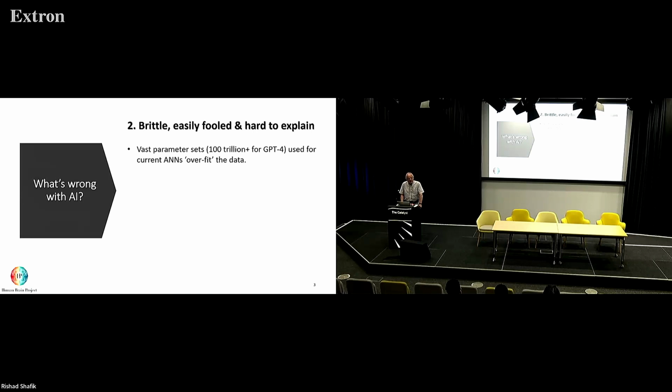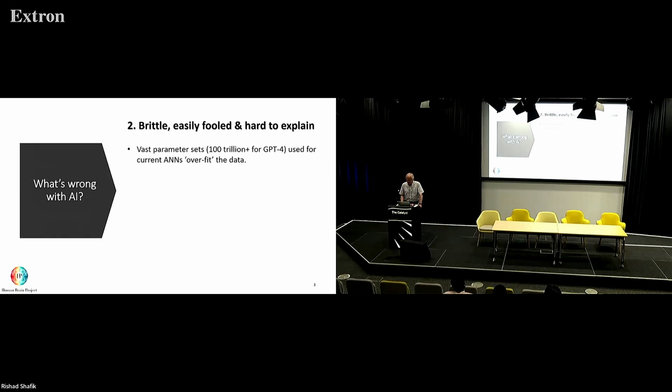So why is modern AI displaying these characteristics? There are various ways you can look at this. But one of these is if you look at the size of the parameter sets for these large-scale AI systems, where apparently GPT-4 has the order of 100 trillion parameters, then I think you can see that it's fairly clearly overfitting the data. Okay, it has spectacular characteristics, but you don't really need that many parameters to fit the kind of data that it's trying to fit.